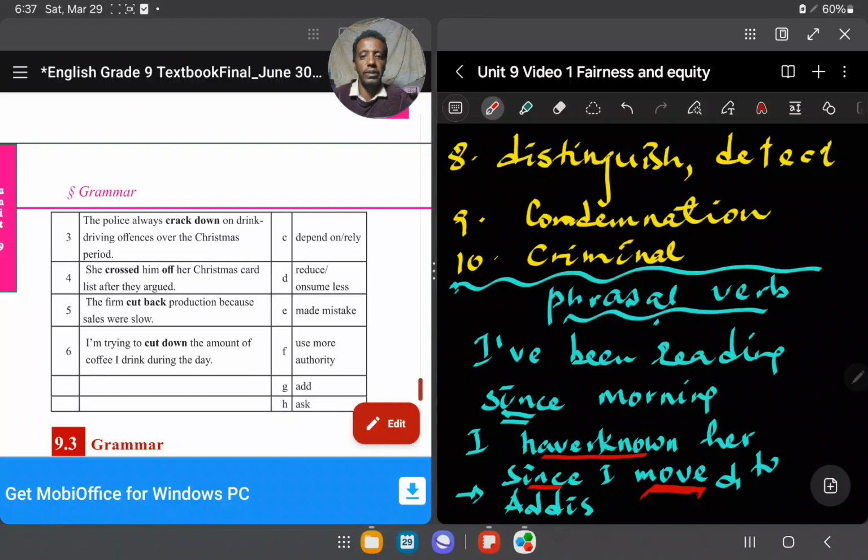I have known her since January. I have known her since 2020 or 2025 or 2024. After since you can mention a starting point of time. That means after since you can use a starting point of time. But if it is an action, when the present perfect tense comes here, the simple past tense comes after since. So please read next time,